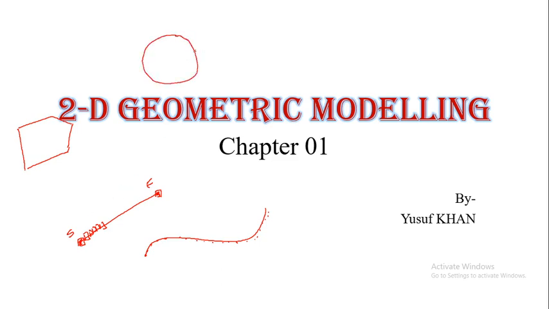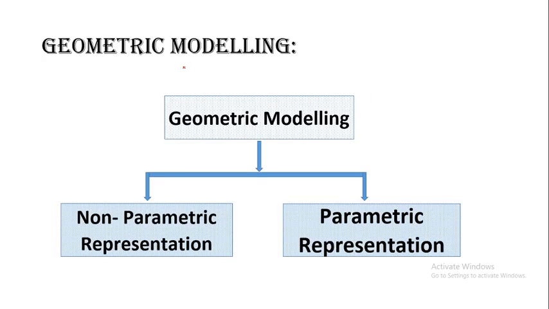To draw a circle, suppose we have to calculate the pixels on the circumference of the circle. For that you have to use some equations or formulas to calculate the pixels or the points on the circumference of the circle. There are 2 methods available to calculate the pixels, or you can say the points on the circumference of the curve. First method is the parametric method, and second method is the non-parametric method. These are the methods to calculate the pixels or the points on the circumference of the geometry. Geometry may be a line.